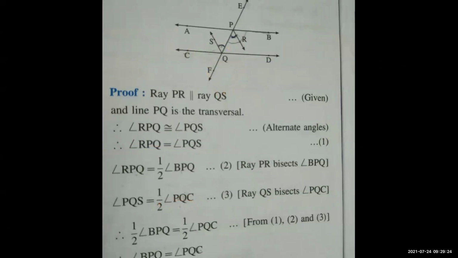So here angle RPQ is half of BPQ. Okay, now where is BPQ? This angle BPQ. So RPQ is half of the BPQ, and